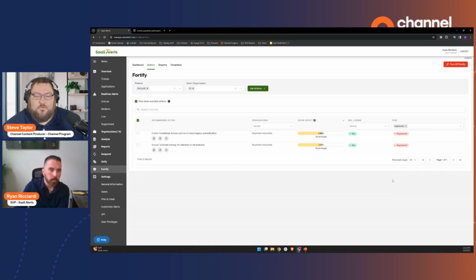Now, this is obviously a really amazingly powerful tool if you're able to check some boxes and have SaaS Alerts automatically configure a whole bunch of stuff for you inside Microsoft 365. But one of the things that I heard is that, let's say, an MSP decides they want to take their ball and go home. When they disengage that client from SaaS Alerts, it undoes all those changes. Is that true? You didn't just hear that.